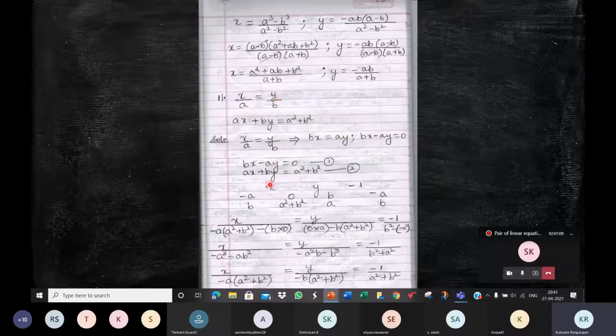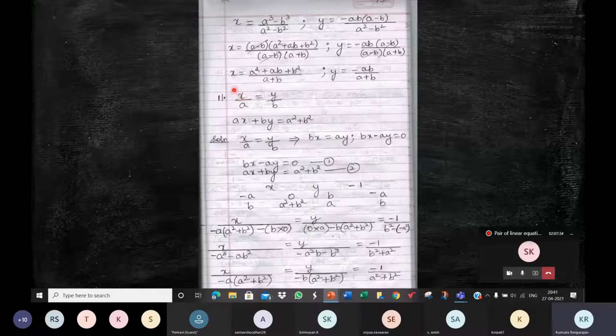So see here, when we have to work by the cross multiplication method, you know that the headings will be the variables x and y, and then 1 or minus 1 depending on how you have written the equations. Now here we need to write the coefficients, right? The coefficients of y, the constants, coefficients of x, and again the coefficients of y. So you need to be clear about the coefficients.